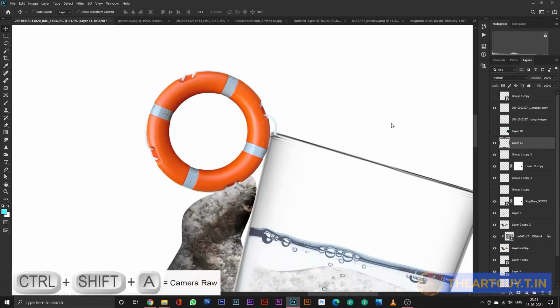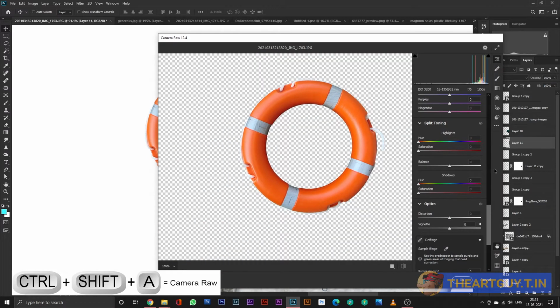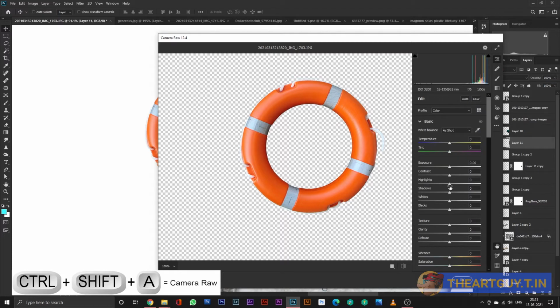Then I pressed Control Shift A, that's called Camera Raw, and I reduced the light because it has a lot of light and it's burning, it's brightening my eyes. So I just made it a little bit low.